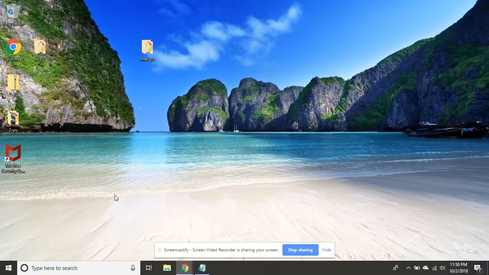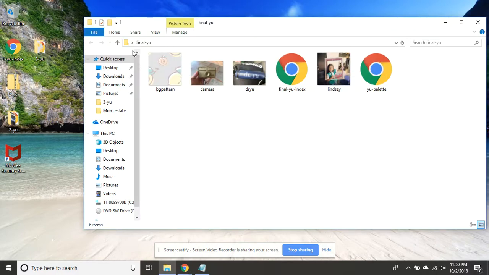I'm going to show you how to, once again, compress the file once you're done with all of the edits to it, and how to make sure you submit it correctly. So the first thing you need to do is double check and make sure that all of the files you need are going to be in this folder, the one that starts with final dash whatever your last name is. You're going to need your index page that you've been editing, your color palette page over here,